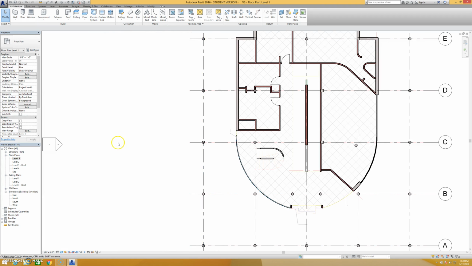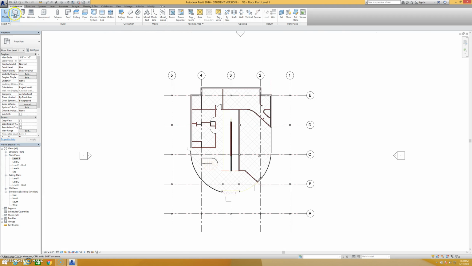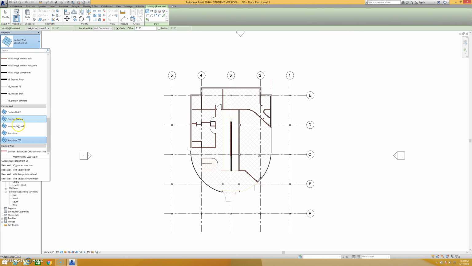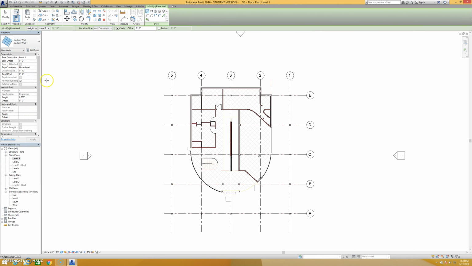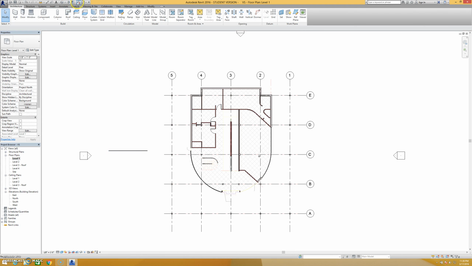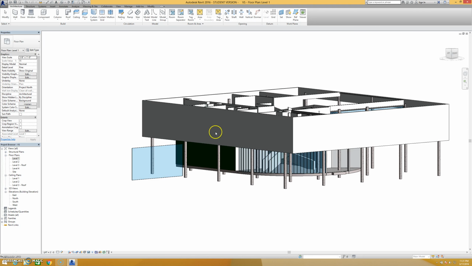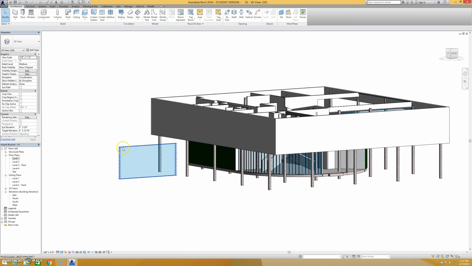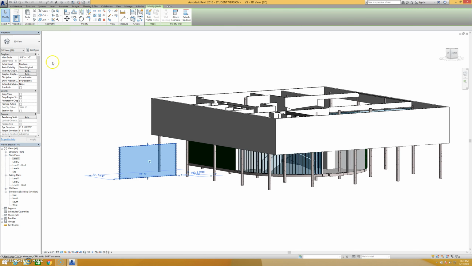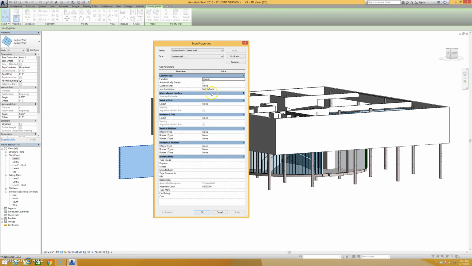Now I'm going to go off to the side here, and I'm going to make another curtain wall because I want to show you there's also Curtain Wall 1, which is my favorite curtain wall tool, and probably, in my opinion, the most useful one because it's essentially a blank slate. So if I select Curtain Wall 1 and I draw it, all it's going to give me is a piece of glass. So let's take a look at this, save right now, in 3D as well. So here's my plain piece of glass,